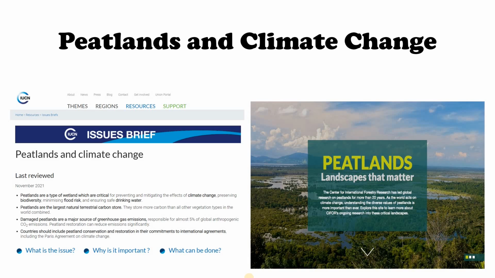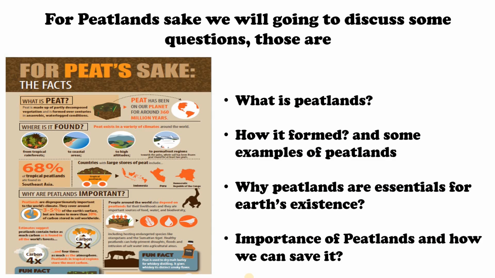But in today's time, due to excessive human activities causing Earth's temperature to rise, along with peculiar weather events and sea level changes, we humans are destroying this Earth bit by bit. Humans are destroying the natural habitats of animals for excessive agricultural expansion and infrastructure development. Due to these kinds of activities, we are also harming the most precious peatlands. Our world's carbon sink is in danger. If peatlands are destroyed, then that will be the end of the Earth.